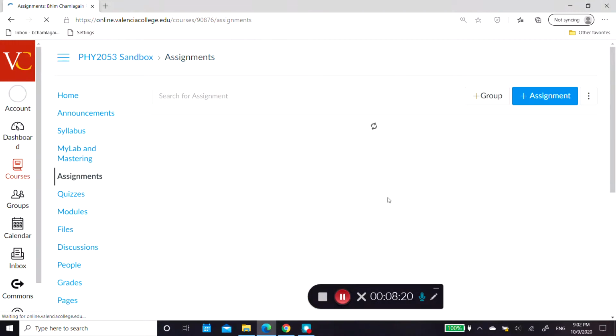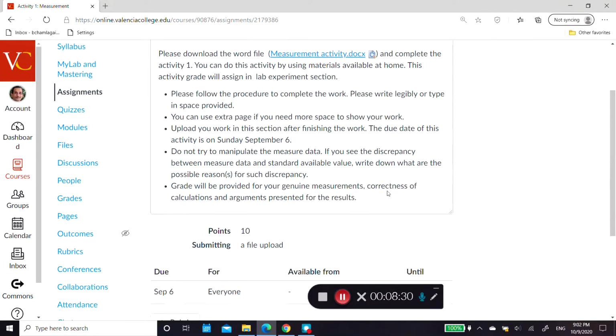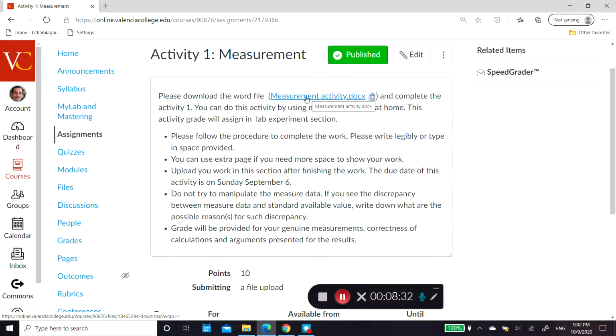Other than that, they also have activities, which take the place of labs. Complete instructions are provided on how they have to do them. Sometimes there are Word documents or PDF files, so I provide what material they have to collect. Usually I choose materials they can easily get at home, and they test the principle by simple measurement.